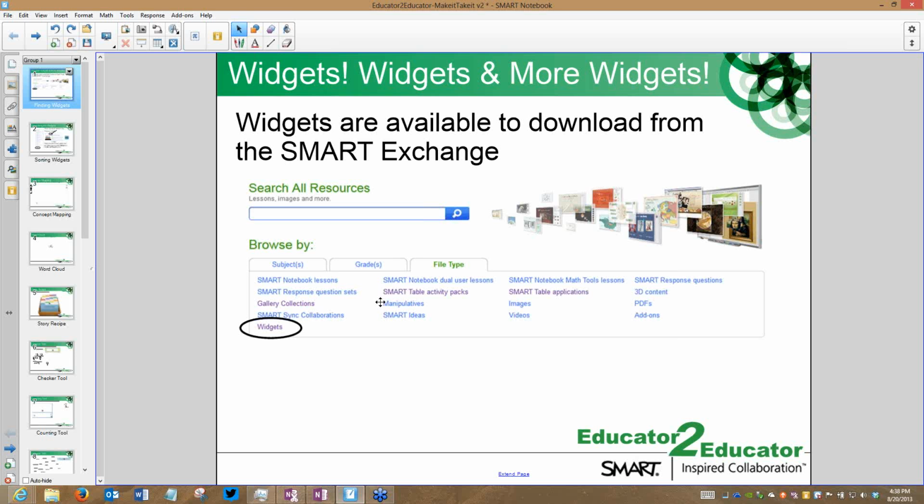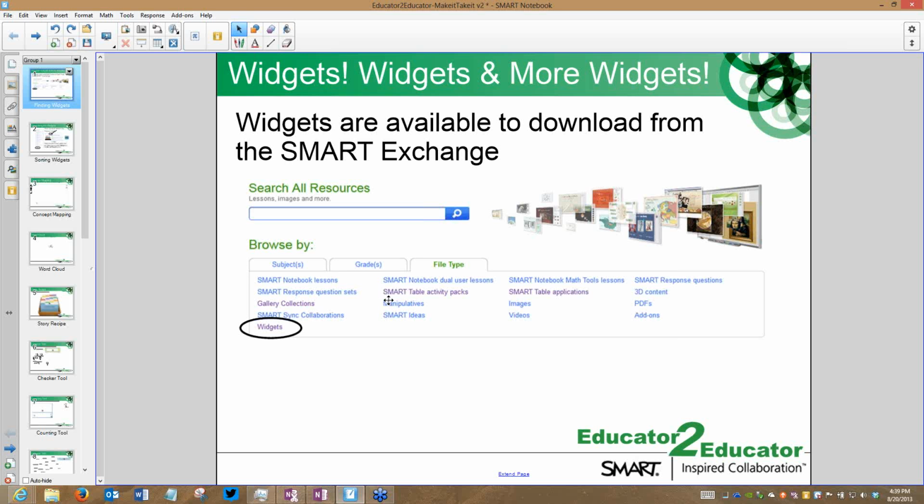Notebook 11, Smart released it in a way to allow third-party developers to make things, to make Smart Notebook more interactive, because quite frequently some of the best classroom inventions and classroom software actually came from the minds of teachers. And so Smart has opened up their software to say, hey, we want other people to develop stuff specifically for Smart Notebook and the Smart Board utilizing our software, which is one of the places where widgets came from.